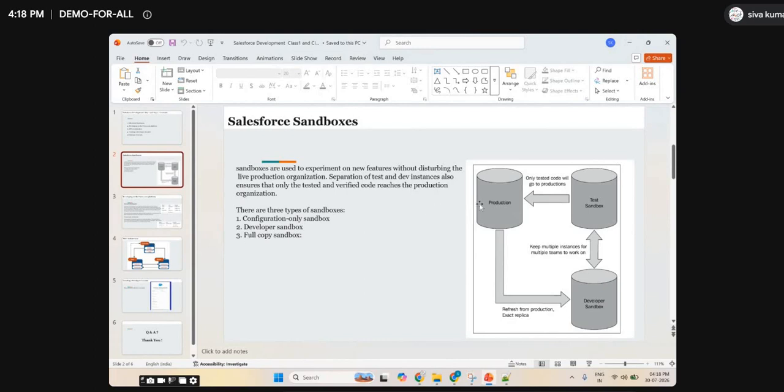Full sandbox is nothing but a full replica. For example, if I want to do load testing because I am introducing one feature. You may hear sometimes on Netflix or Prime or Aha, when any big star movie is released, the server will hang. Did you see that scenario? Like when the Bahubali movie or the Triple R movie released, the server hung for 3 to 4 hours, because all users try to open and see that movie at the same time.